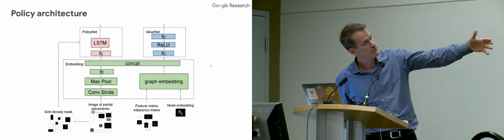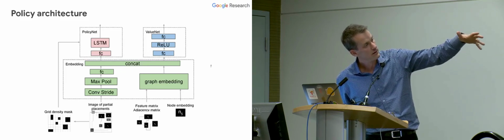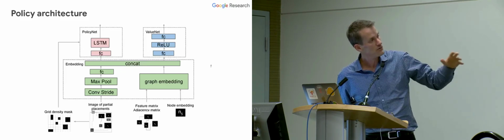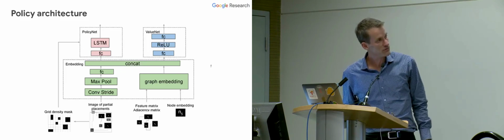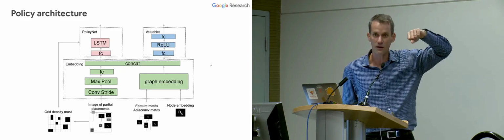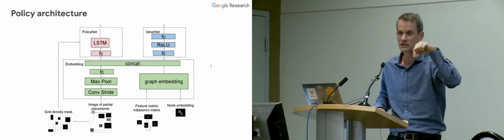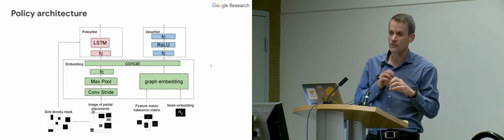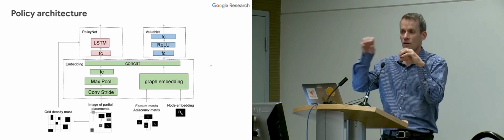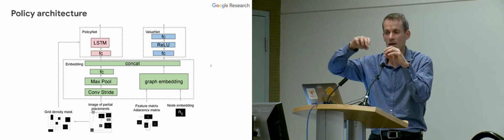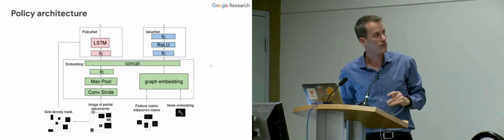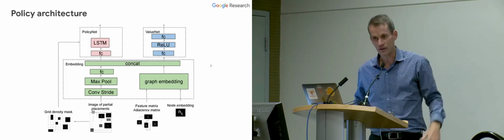So the basic architecture we've been using is essentially to take something that has got a mask of the density of things we've placed so far. It's got an image of partial placements as well, in case that's useful. It's got some feature matrices of adjacency matrix for the various pieces of the graph that we've already clustered, so we don't place each individual sort of gate. We instead cluster things together that we know actually need to be really close together, and then try to place those clusters so that the things that are not necessarily quite so tightly coupled are the things we're really making decisions about where should those things be relative to each other on the surface of the chip. And then a node embedding for each of the nodes in the graph.